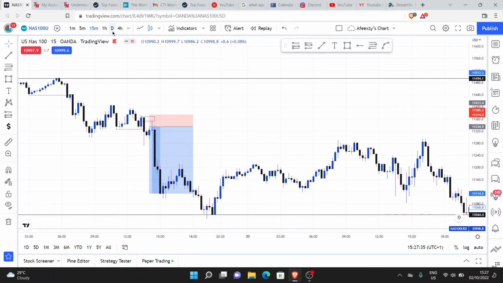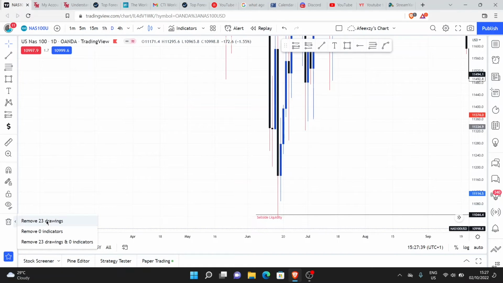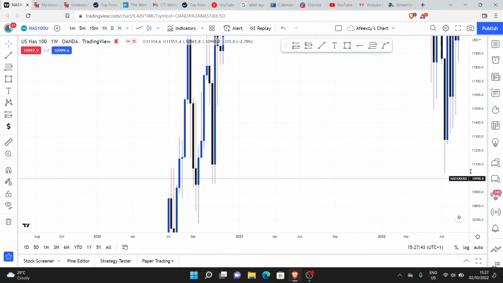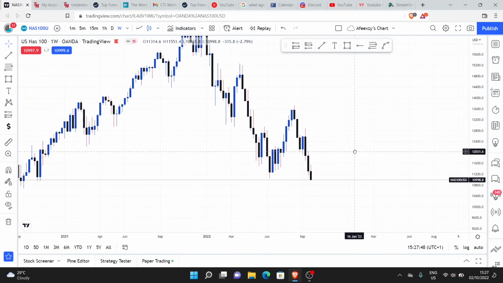Let me just clear the chart and make a fresh analysis. So on our NASDAQ, you can see here that this seems like some kind of structure change, but it wasn't really a structure change here on NASDAQ. So as you can see here,